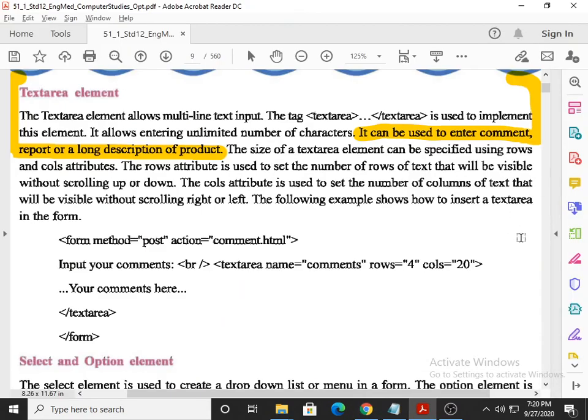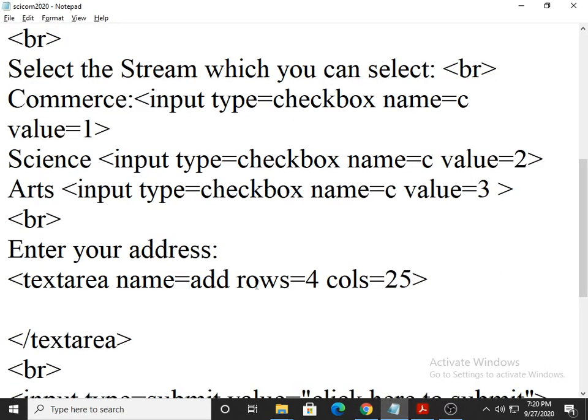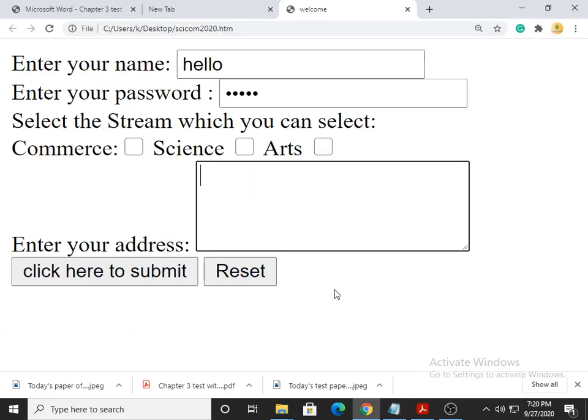Students, if you concentrate, I mention here rows is equal to 4, means what? At the same time I can see 4 lines. For example, line 1, line 2, line 3 and line 4. I hope you observe, at the same time I can see 4 lines. I am not saying that you cannot write. You can write line number 5, but it will show at the same time 4 lines only.